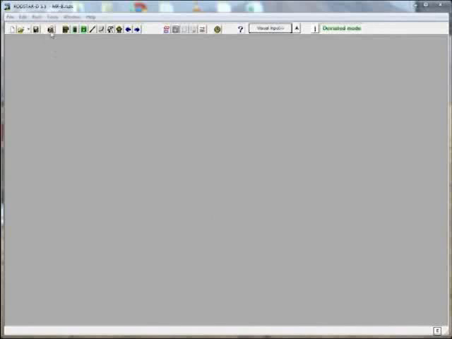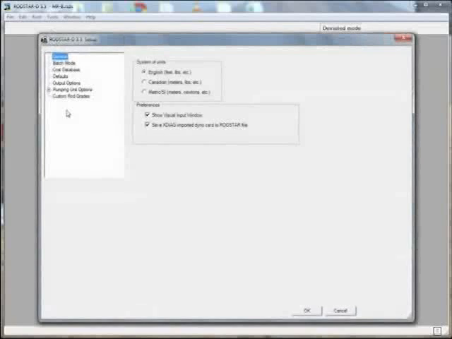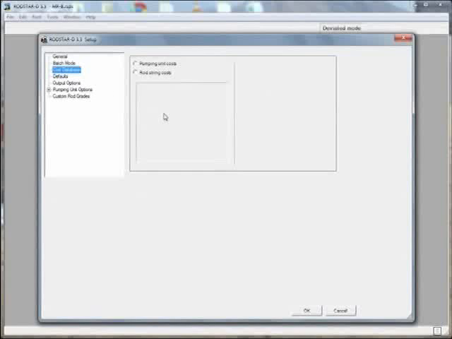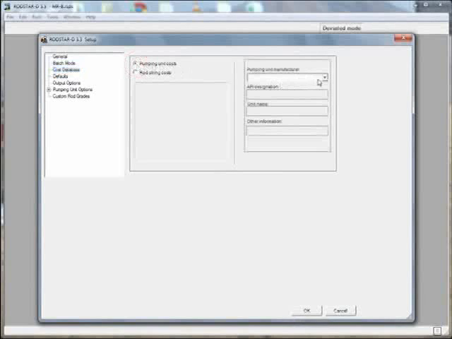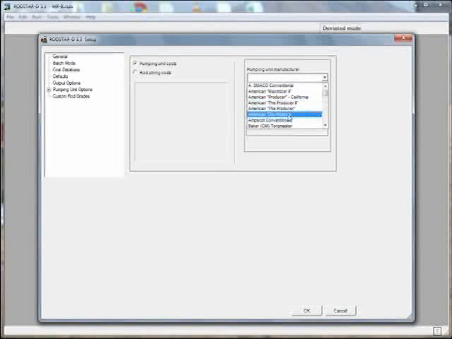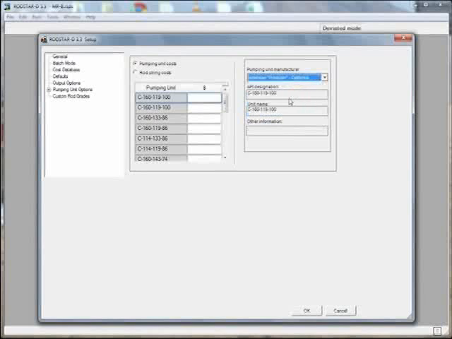All right, now let's go back to setup, and let's talk about the third item that we see listed here, which is the cost database. Now the cost database allows you to put in cost for your rod string and for your pumping units. For example, if you wanted to add a cost for the pumping units, you select the first item here, pumping unit costs, and then you select the manufacturer that you want to put in cost for. So let's say American Producer California, and then you come in here and you put in the cost for each pumping unit. For example, here let's say this is